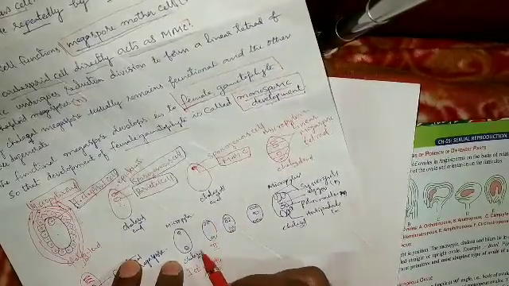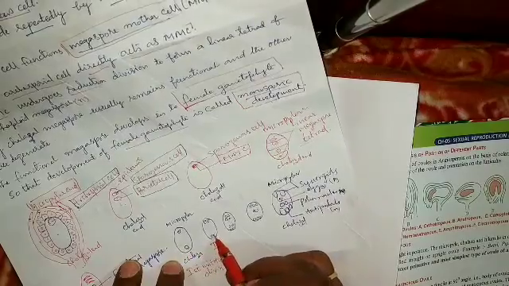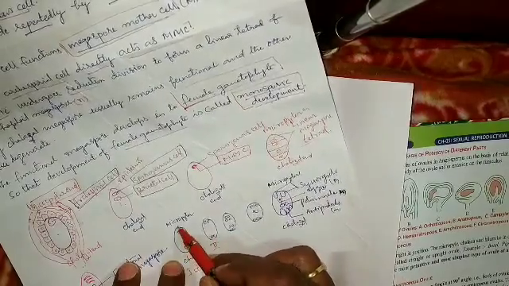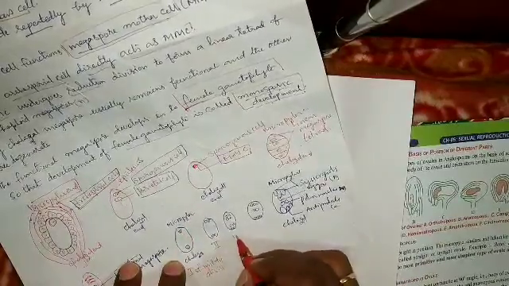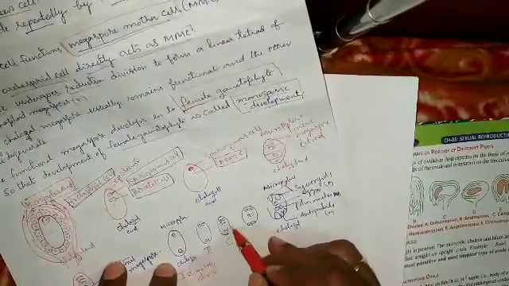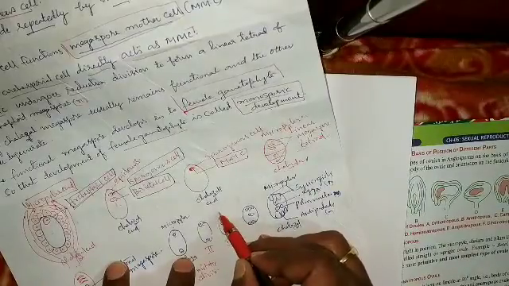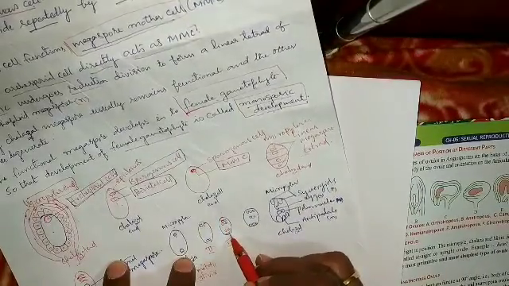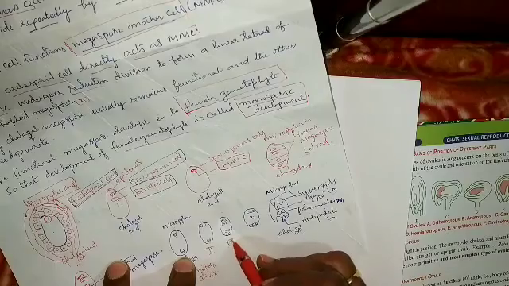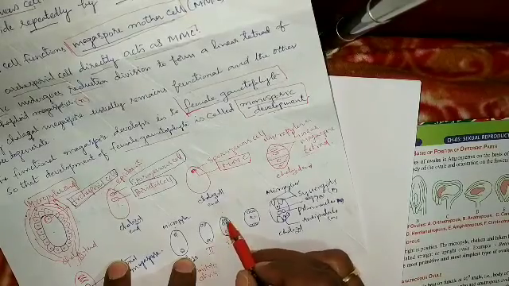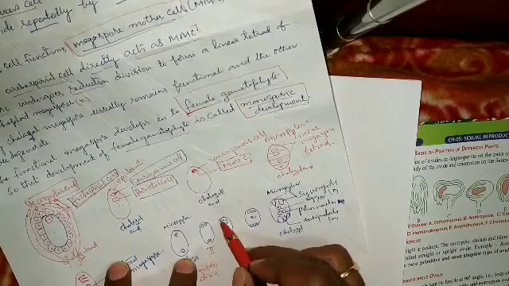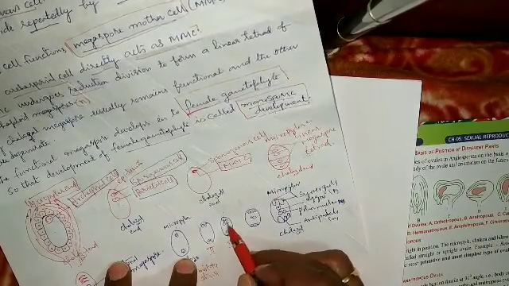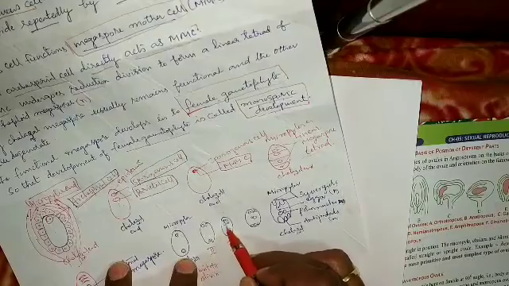After that, the second mitotic division takes place. Due to the second mitotic division, two cells at the chalazal side and two cells at the micropylar side are formed. And next, the third division takes place. Four cells at the micropylar and four cells at the chalazal, at the poles of this embryo sac.